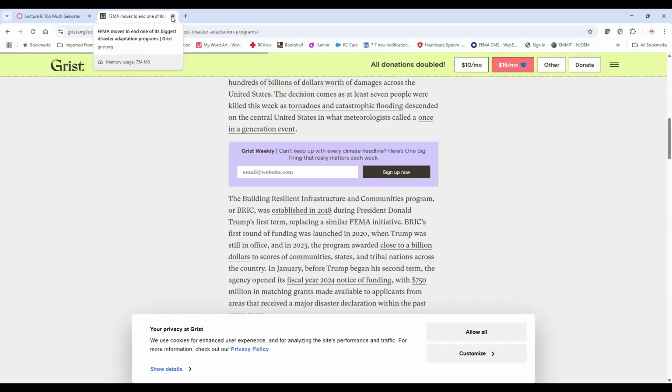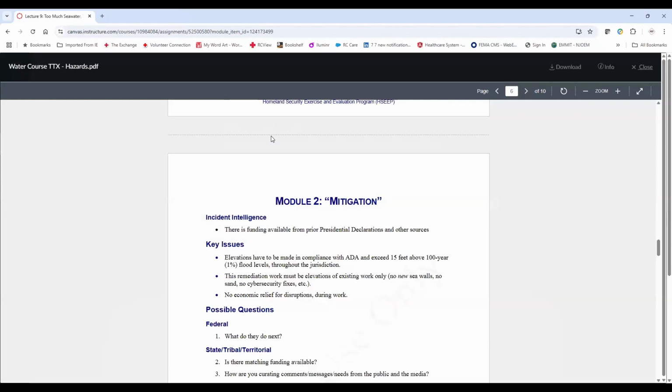This is just a program that is effectively being canceled because of its tie to climate change. That is a political move that just happened last week at the end of the week, and you'll probably hear more about it tomorrow.